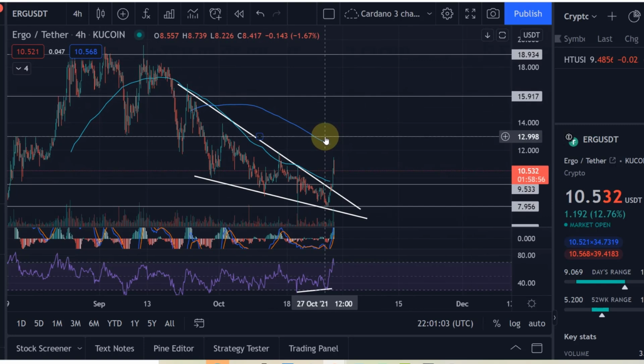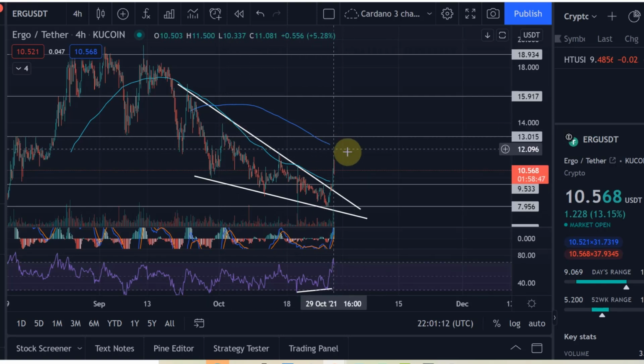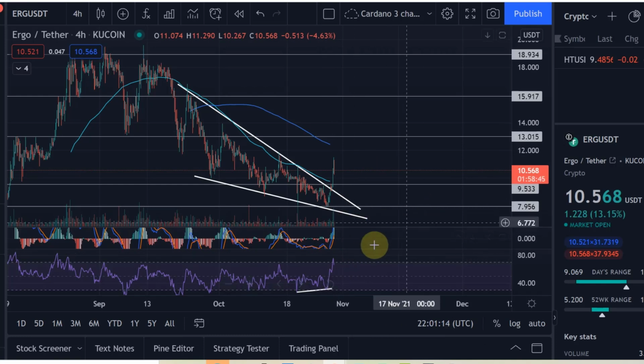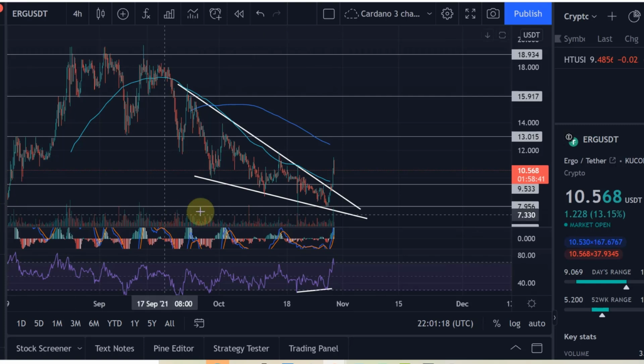At that point, we also have generally at $13 another resistance level from that previous high here. So it will be a bit tricky to get through that range. But it is very positive that we found a low here. Of course, we're retracing now because that was quite a bit of a pump, as I said, around, I think,